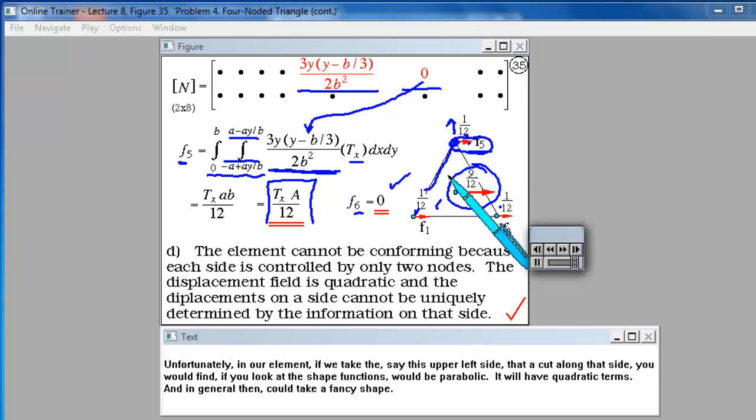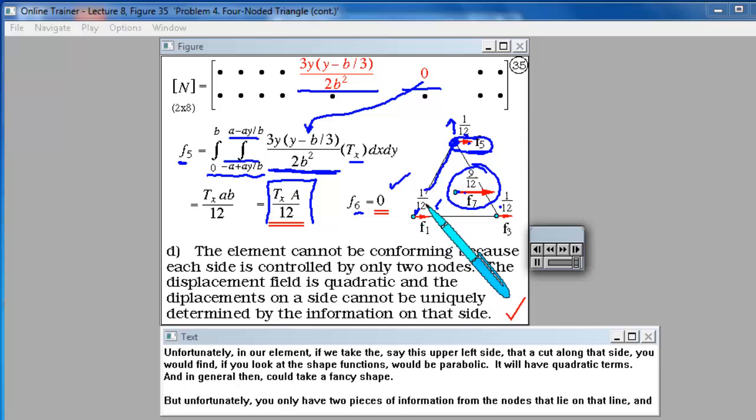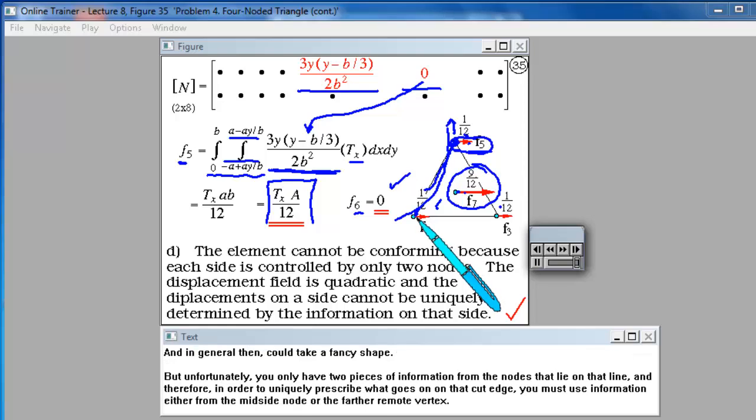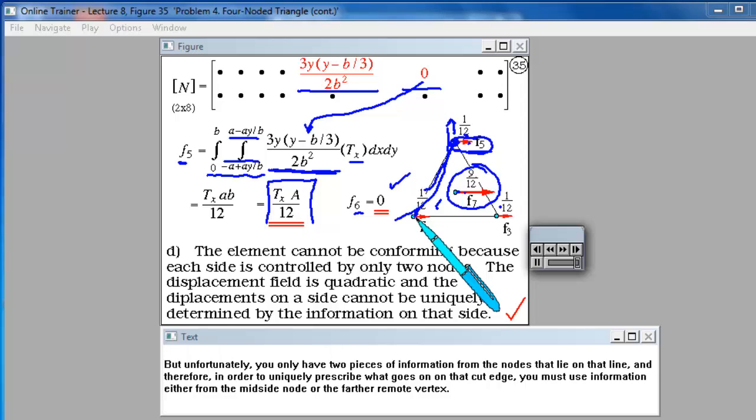a cut along that side, you would find, if you look at the shape functions, will be parabolic. It will have quadratic terms, and in general then could take a fancy shape. But unfortunately, you only have two pieces of information from the nodes that lie on that line, and therefore, in order to uniquely prescribe what goes on that cut edge, you must use information either from the mid-size